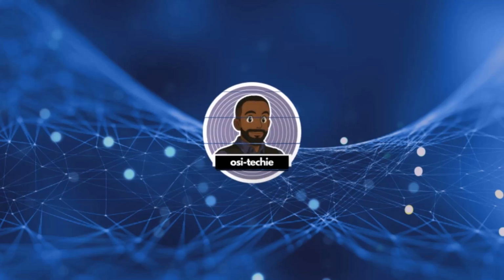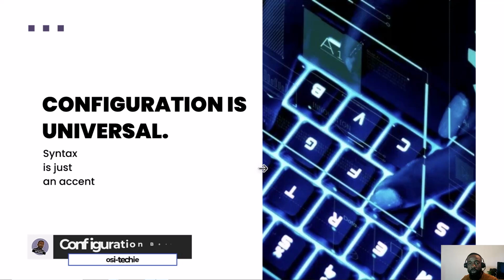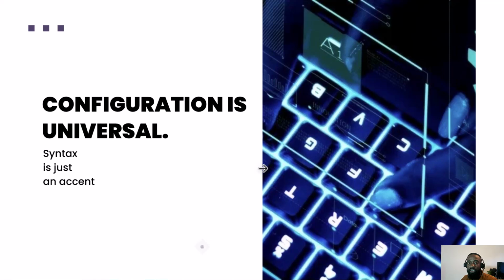So a colleague once asked me, when configuring devices, how do you know what to configure? How do you know what not to leave out or what not to forget during your configuration? And for questions like this, my answer is pretty much always the same thing. Know what you're trying to achieve, or the goal of your setup or your configuration, and then ensure you understand